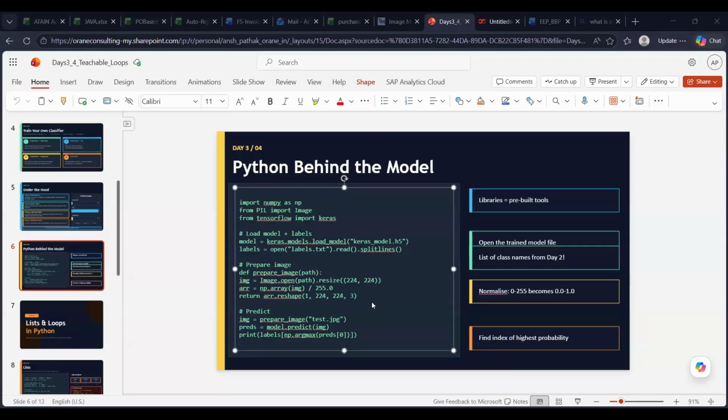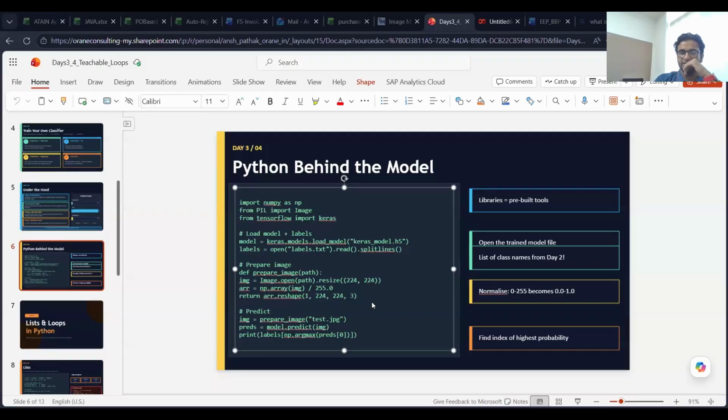In this we are making a function that brings the image from the text file, opens it, and resizes it, and then returns it. Basically it is converting the image into numbers. We can say that as well, but basically we are taking image files as an input in this particular function, preparing the images, right? The first line is just a definition of the function.